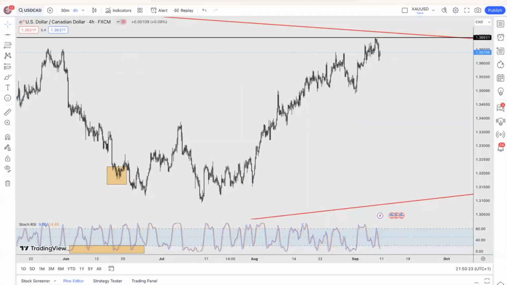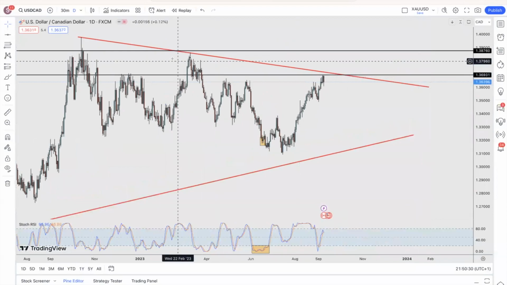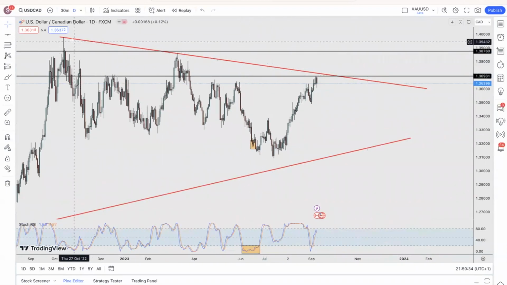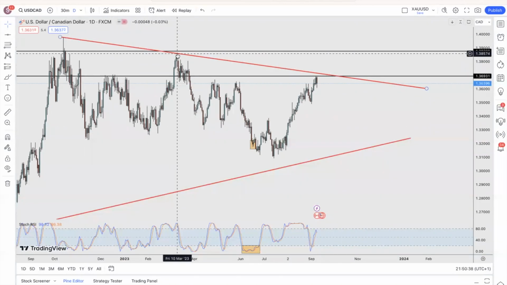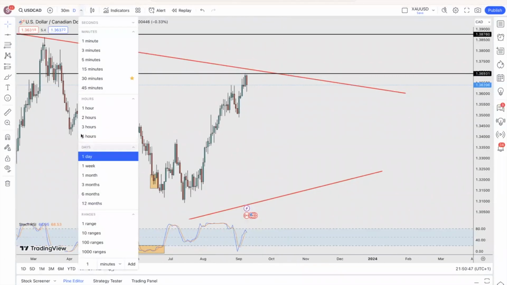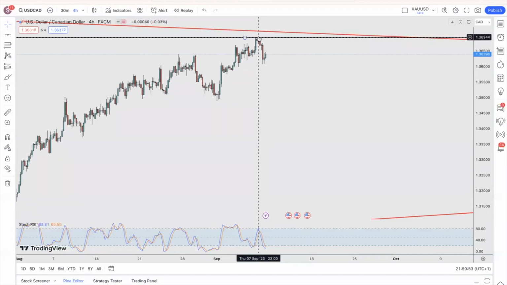USDCAD, this is a pair that I genuinely love. On the weekly, we have that trend. On the daily, we have that one. What happened is exactly the same thing: trend, boom, trend, boom. Now it almost hit the resistance, but I didn't get into a short position because it has more space. This is what I was telling you on the previous pair, USDCHF. If you were greedy, you could get in. Yes, it worked, but it could have gone up